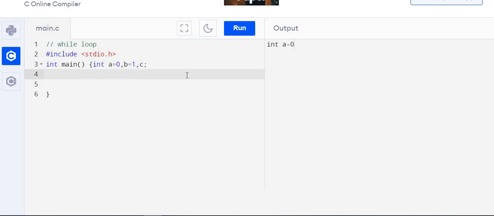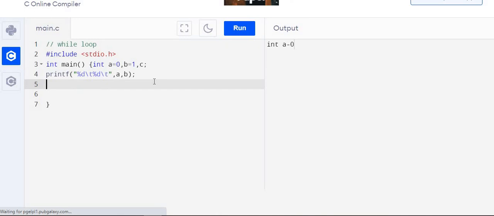Now we have to print A and B as it is. So printf, let us put tab in between, so \t, again %d, this is for A and for B, so A and B will be displayed. After B again \t, so there will be a space for the next number, and the two numbers A and B will be printed.